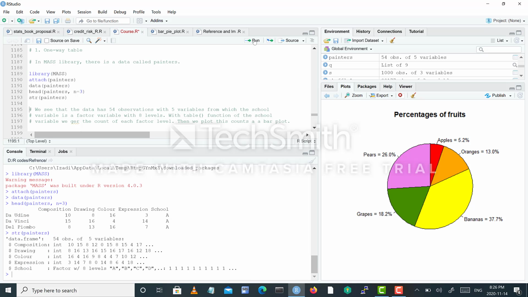Str(painters): the painters data frame has 54 observations of 5 variables: composition integer, drawing integer, color integer, expression integer, and score, a factor with 8 levels A, B, C, D, E, F, G. We see that the data has 54 observations with 5 variables, from which the score variable is a factor variable with 8 levels. With the table function of the score variable, we get